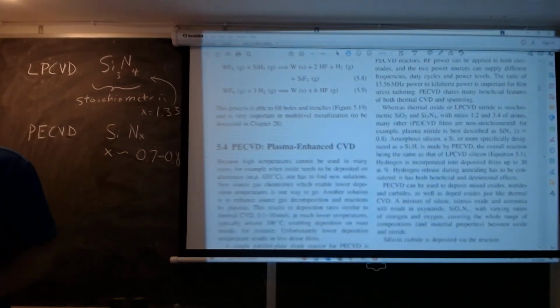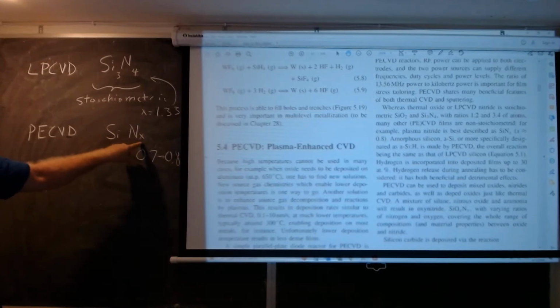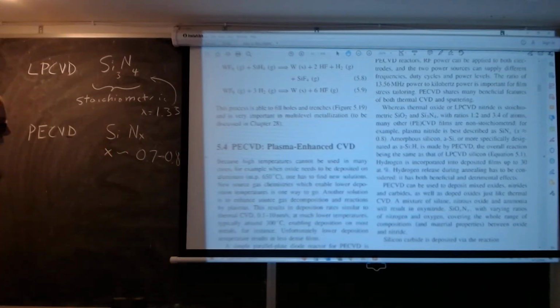And that actually leads to kind of an advantage of PECVD. Well, in a sense, it's maybe not an advantage, but it's a feature or something you can do, which is you can vary this composition of nitride, and that allows you to do kind of two things. So if you,